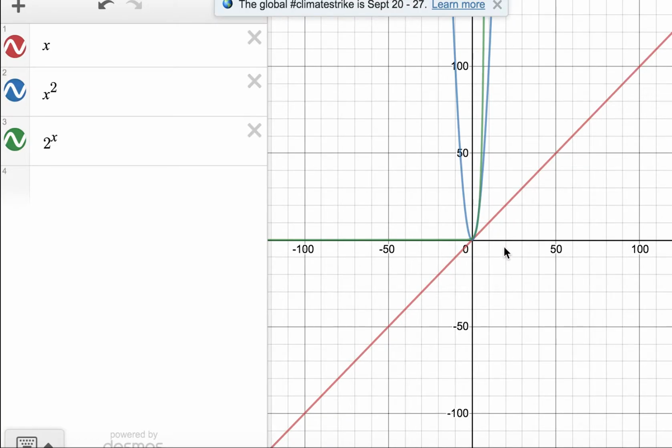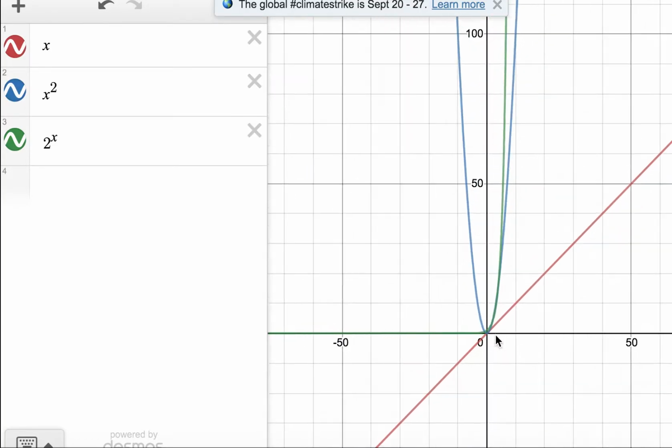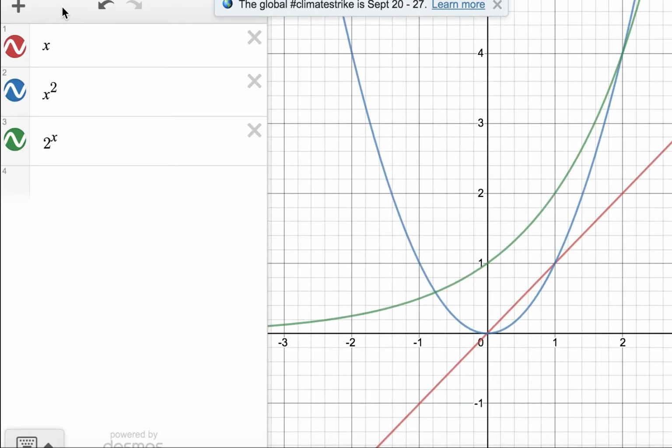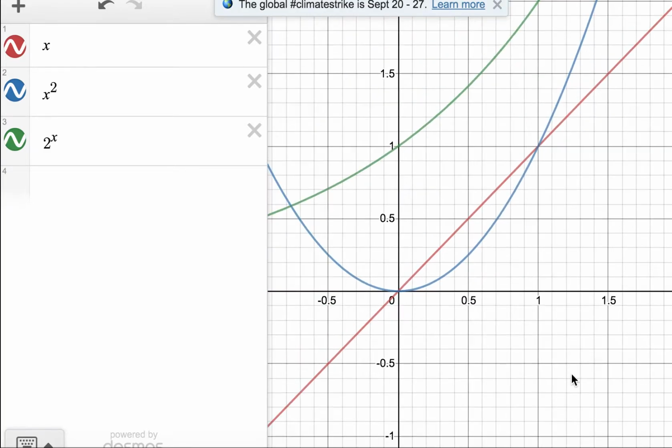Let's look at those like this. So we see that the red one is linear. We see that the blue one is quadratic, and we see that the green one is exponential. So if we zoom in about right there,